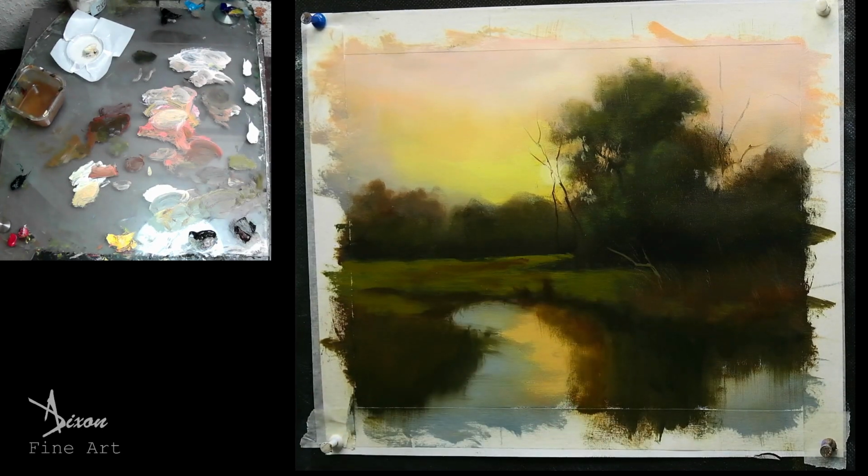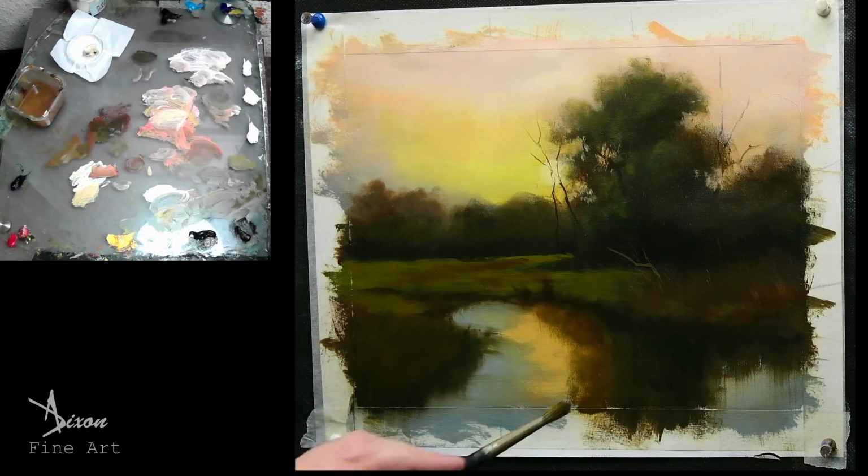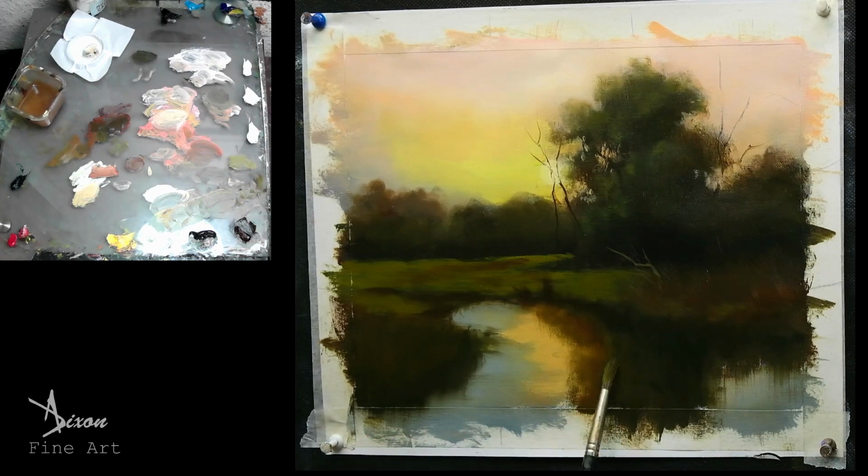And I don't like this edge here at all now, so this here, it just looks like it's not attached, at least to my mind anyway. I'm just going to eliminate this edge, there we go. Now we have a bit of a reflection, so I need to put the